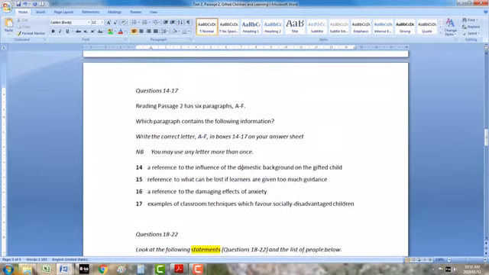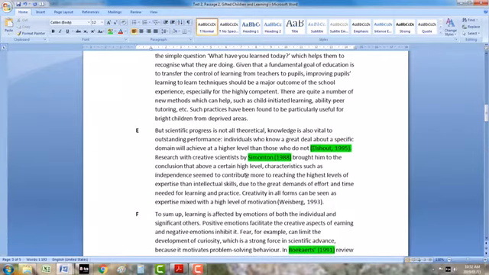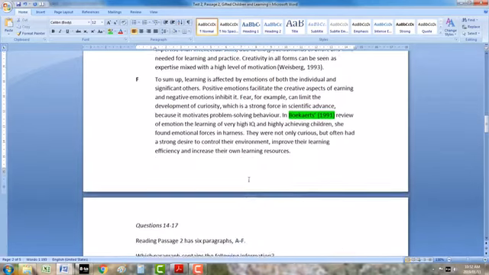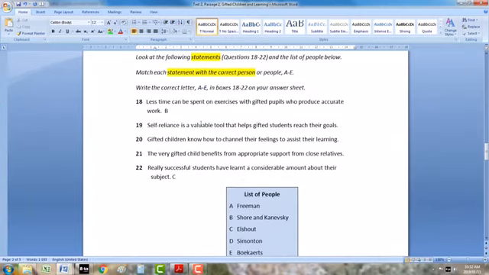Right, what does Simonton say? Again, just to one sentence. Brought him to the conclusion that. So there's your that. You don't need anything before. You just start looking over here. But actually, it's a long sentence. Okay, let's look at it. Above a certain high level, characteristics such as independence contribute to reaching higher levels than intellectual skills. Contribute more. So independence, more important than intellectual skills because of effort and time. Independence, more important than intellectual skills.